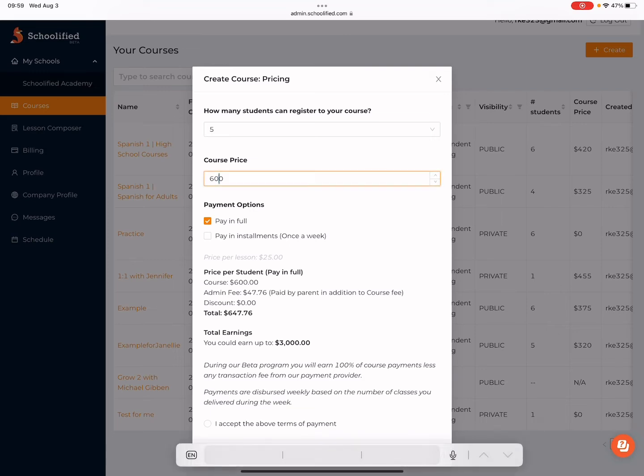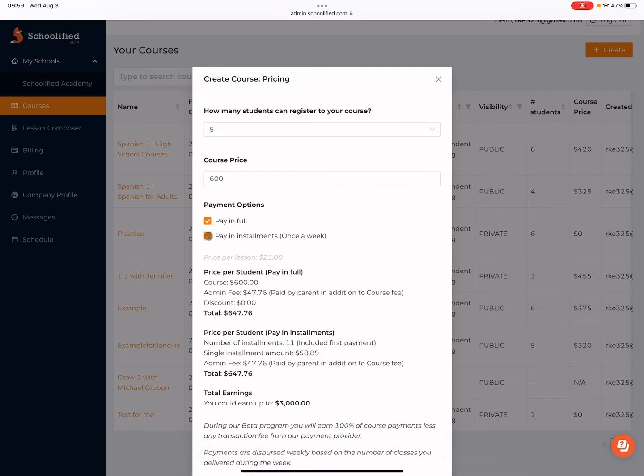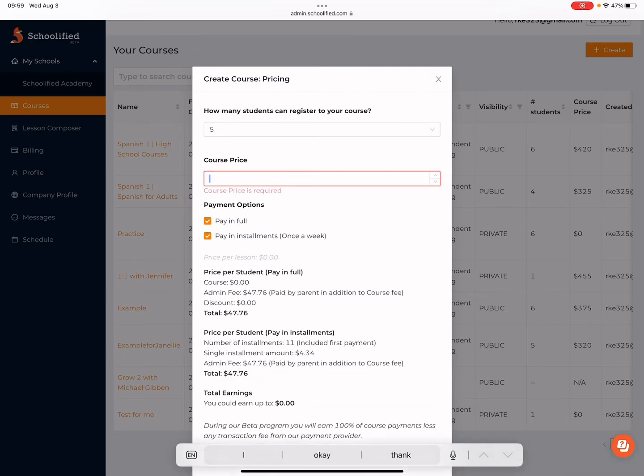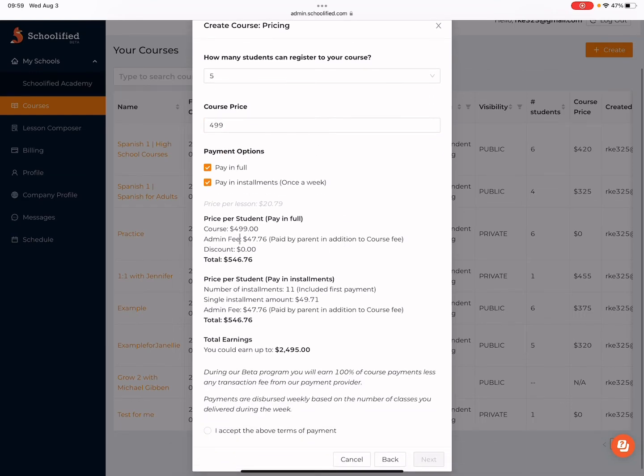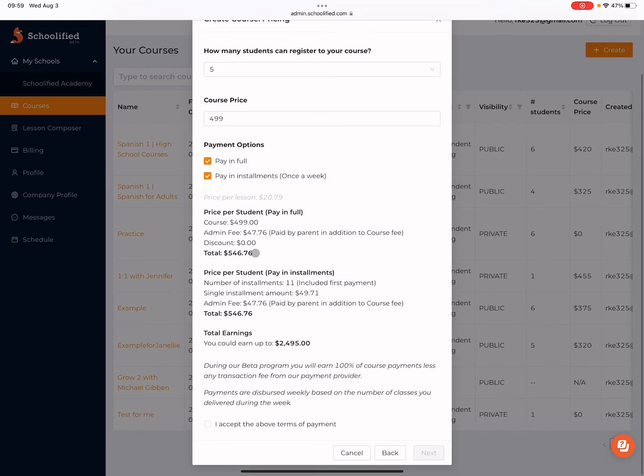Some tutors don't like it and other people don't. For now, it's there, and parents do see that they pay an admin fee. You can always just adjust your course price if you're uncomfortable with that. What I'm going to do, though, is just play with the course price. It's 14 weeks. Let's call this a $500, well, for marketing, we'll call it $499 course price for the 14-week course. And that means in total, mom and dad are going to pay